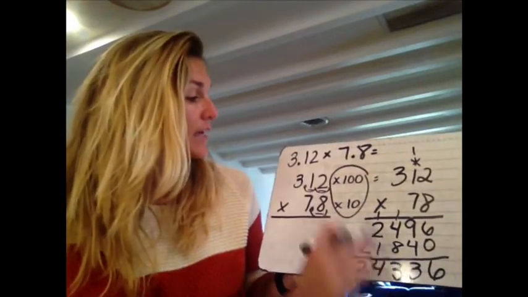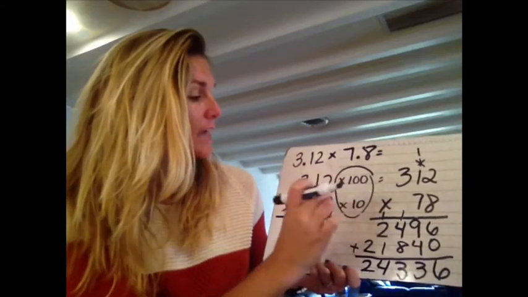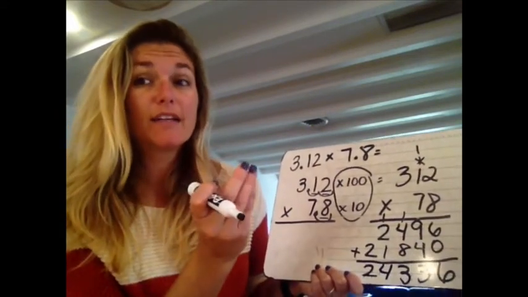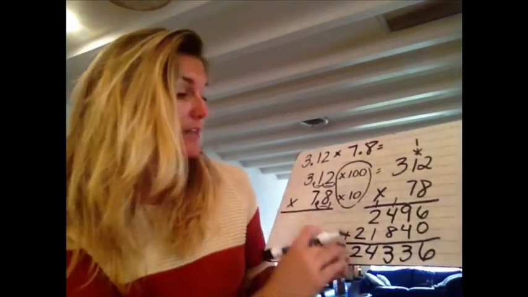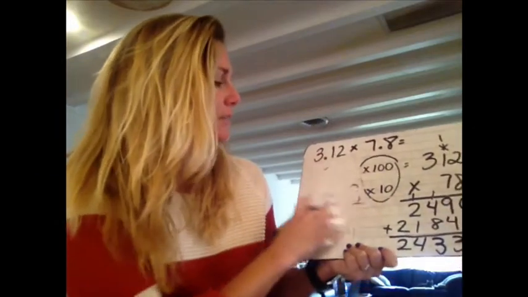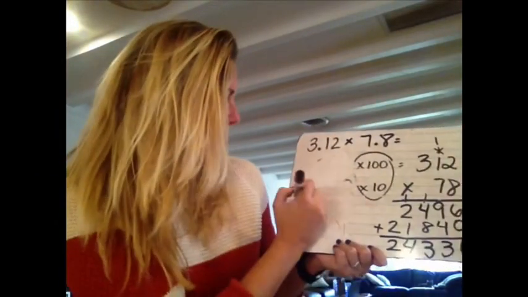So I need to think 100 times 10. What's 100 times 10? 100 times 10 is 1,000. So that's what I'm going to be dividing by. And I need a little bit more space, so I'm going to erase this over here. So I have